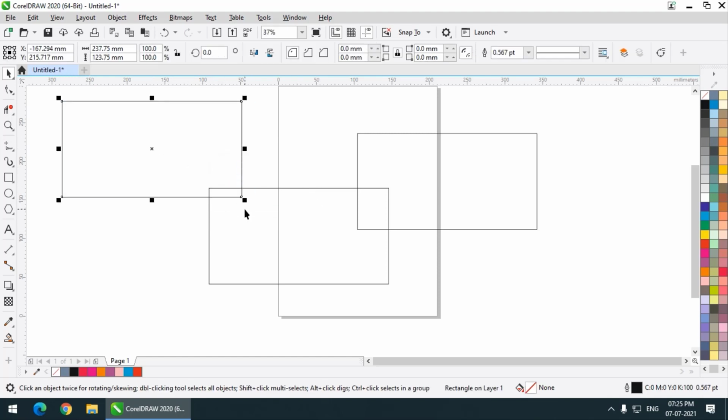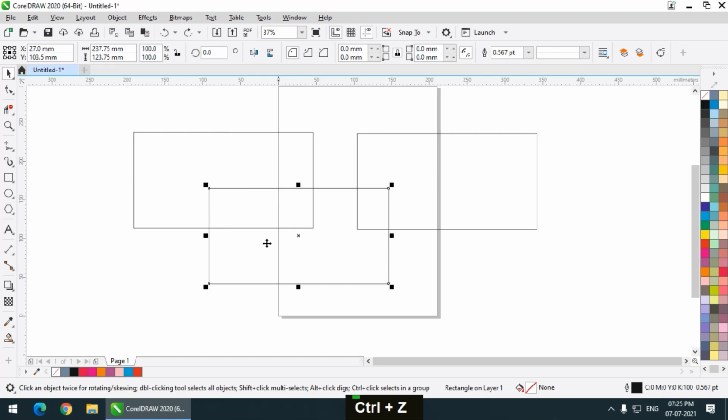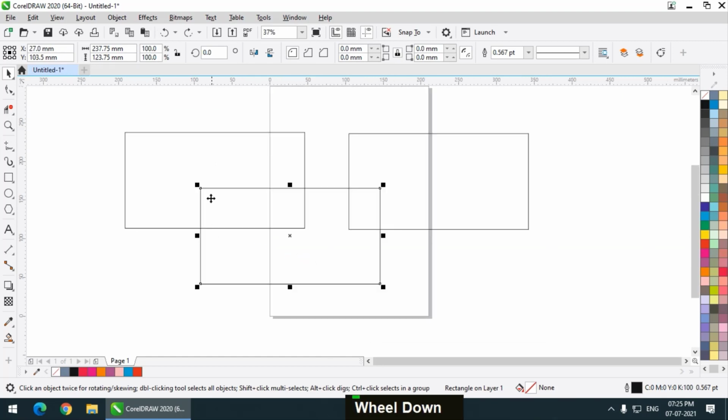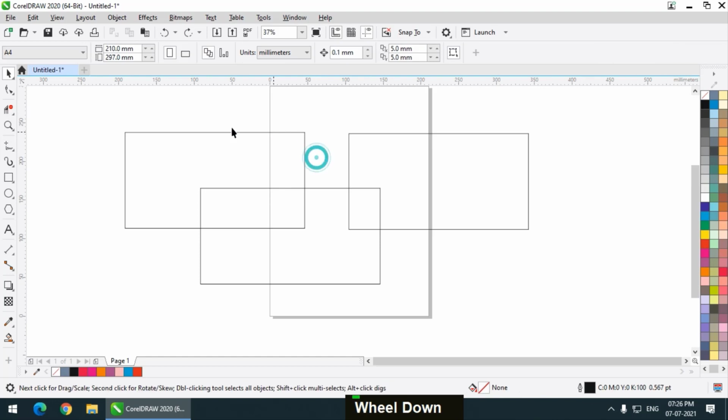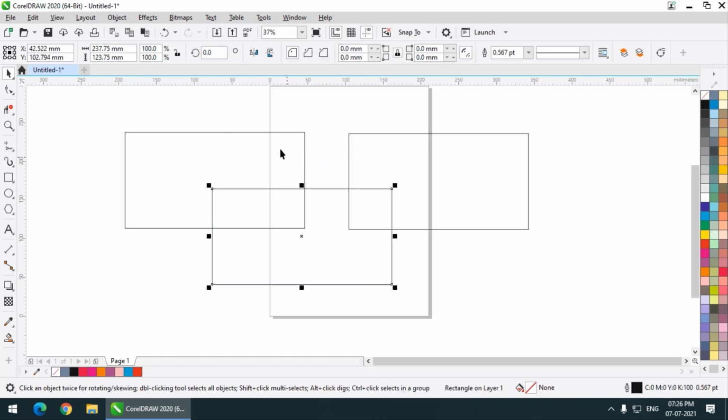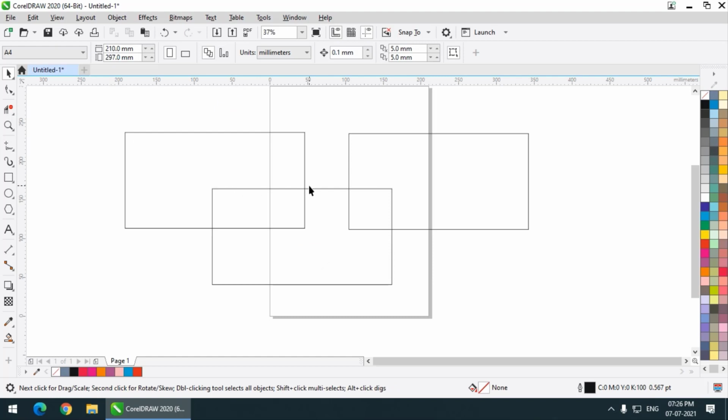So this is a separate shape and this is a separate shape. When the two rectangles intersect or overlap each other, it has created another area, this area, but it doesn't have its individual property. But we can see it has created a separate diagram, a different area, and that is called a segment.